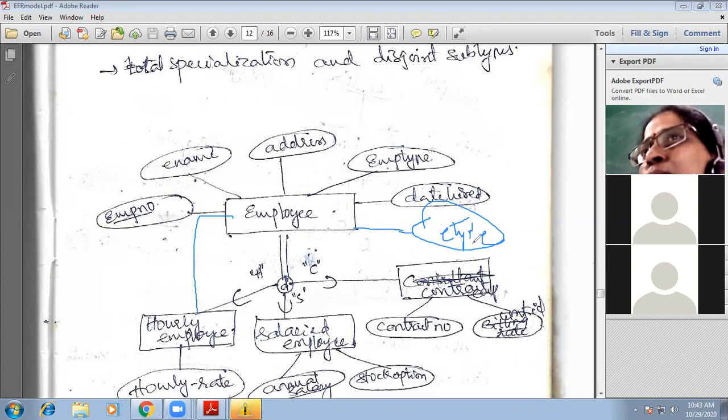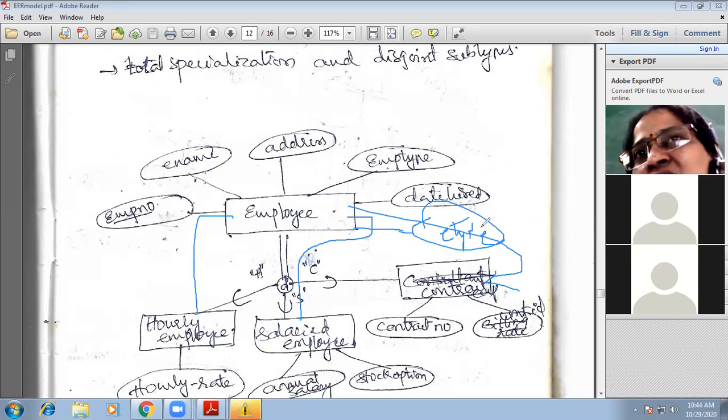When employee type is equal to S, then we say he is a salaried employee, and we can join these two tables. If employee type is C, then we call them a contract employee, and we join these two tables and retrieve data. So the values in this attribute, employee type, are called the subtype discriminator.